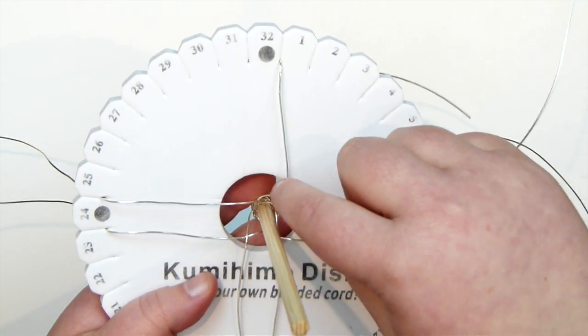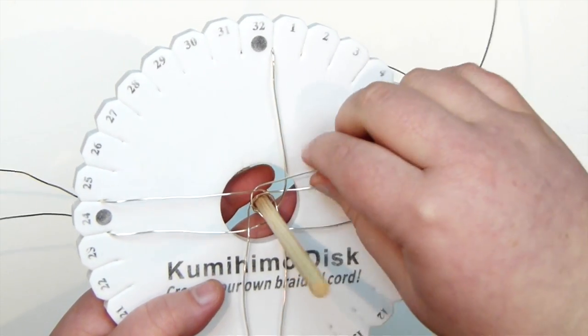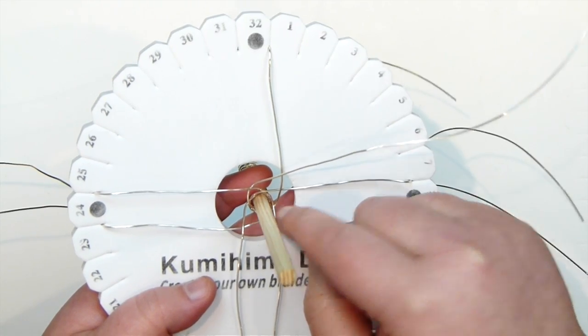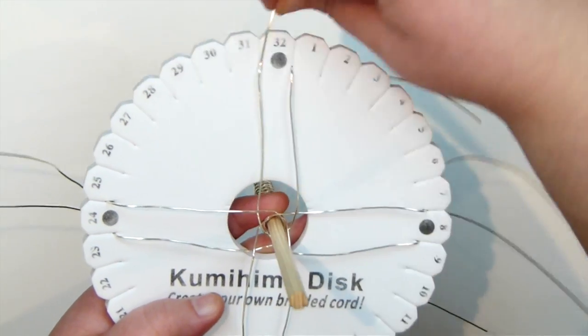Not necessarily pull really hard, but just make sure that your wire around here is going to lie flat against your mandrel in the middle. So the size of the space inside is going to be the size of your mandrel. So pull it over quite tight and then bring it in and try and keep the same tension